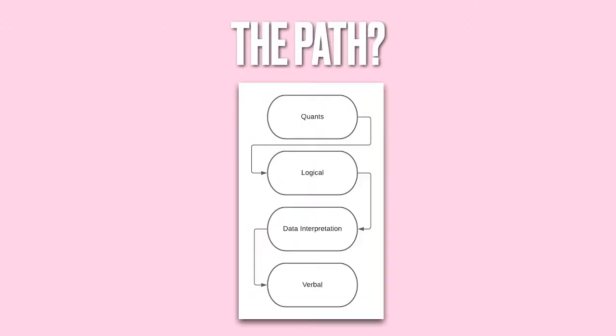Okay. So you're in your first round of attending a company test. That is either your aptitude round or technical MCQs. And mainly in the aptitude round, you will focus on these 4 topics. That is quants, logical, data interpretation, which will be graph based, and the last one will be verbal. But usually they are not in this order at all. Some companies might tell you to finish off the quants or logical sections first, then go for the verbal and data interpretation. And some companies give you the freedom to choose between sections.